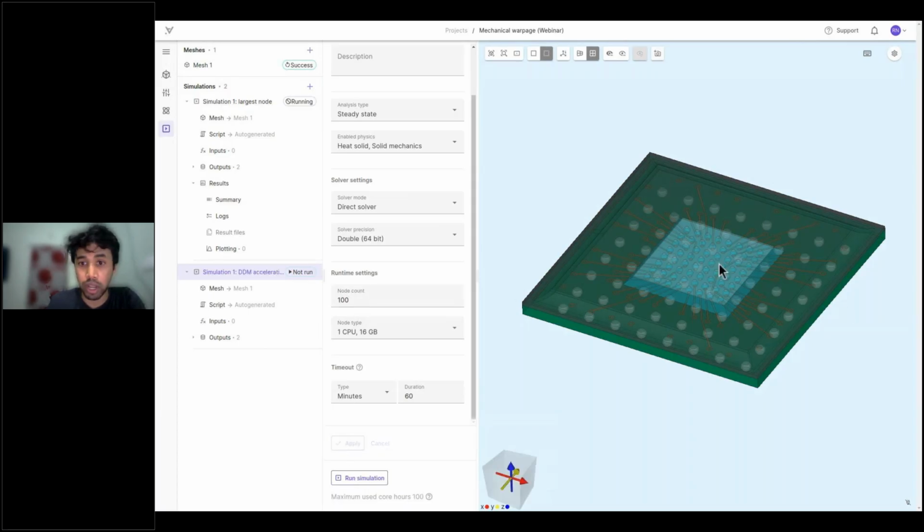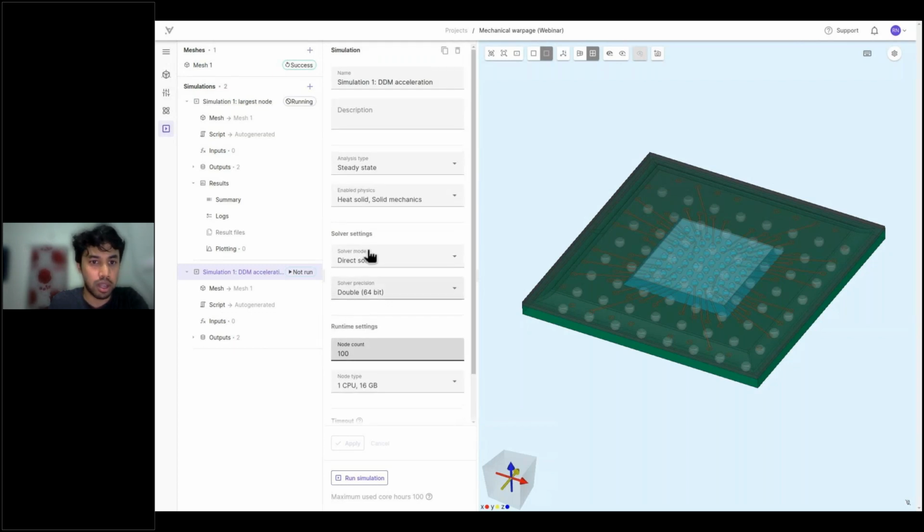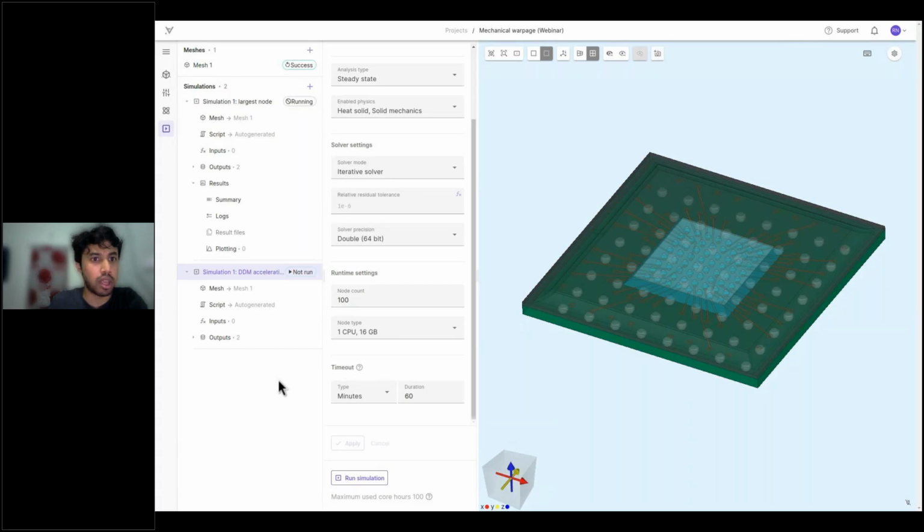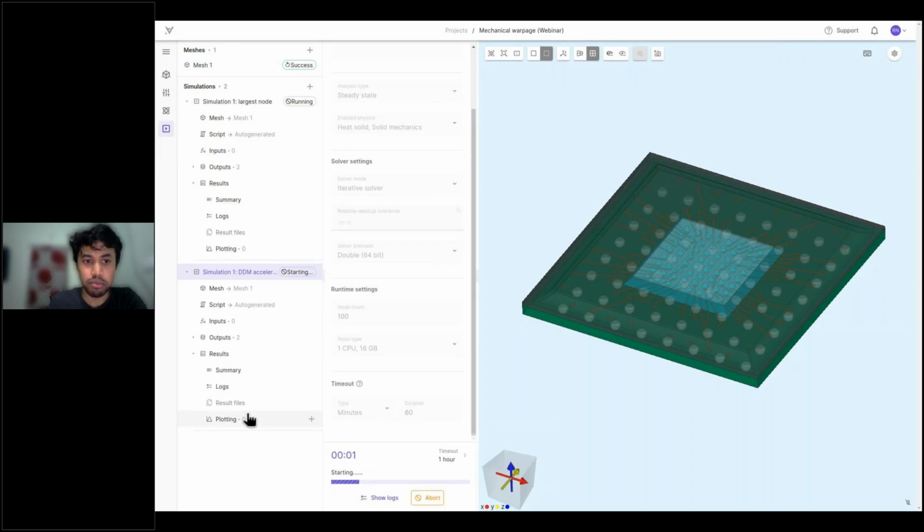So now my whole mesh would be partitioned into 100 subdomains, and each subdomain would be run in separate instances. I will choose the iterative solver because it uses less memory. And now I'll run the simulation. While this is running,